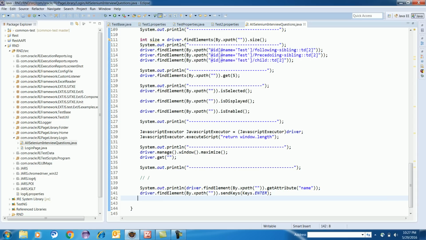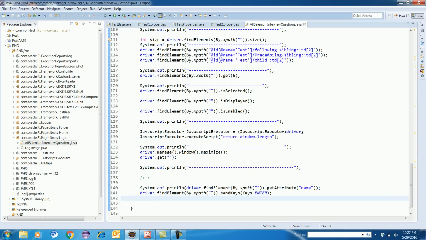Now, sometimes very important questions they will ask you in Selenium, like WebDriverWait. It's a very important question. They will ask you why explicit wait.